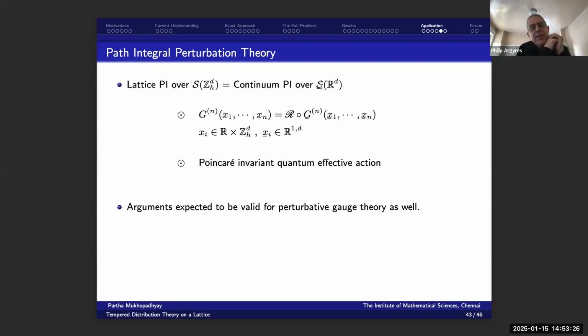Maybe here's a different way of asking the question. I'm not quite sure I'm really getting it, but if you do this unique continuation to the continuum of the Green's functions, can you characterize what the singularities will look like as x1 approaches x2? Yeah, I mean,